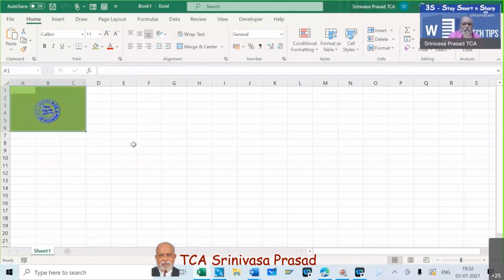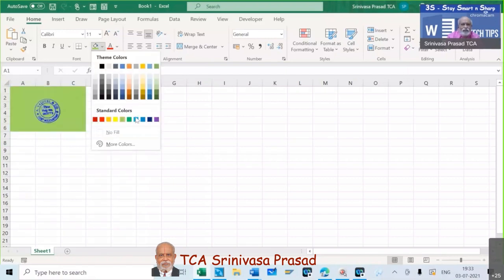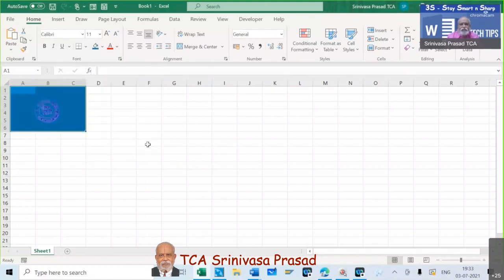Just see. Even if you are going to put it on colored paper for some reason, I don't know what reason, sometimes you may give a colored report to someone, and then you want to put a seal. In that, if the seal is in a white background, it looks very odd. So it's like this. This is a PNG file with a transparent background. Suppose I take this color, now it has gone because there's transparency, because both are the same color, it has gone off.